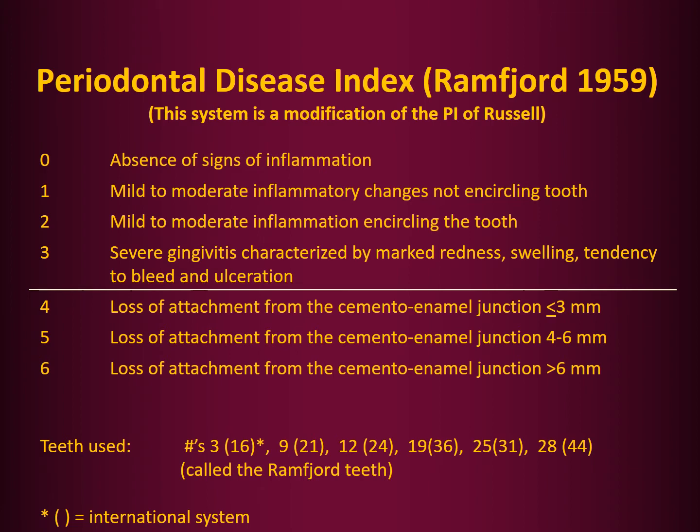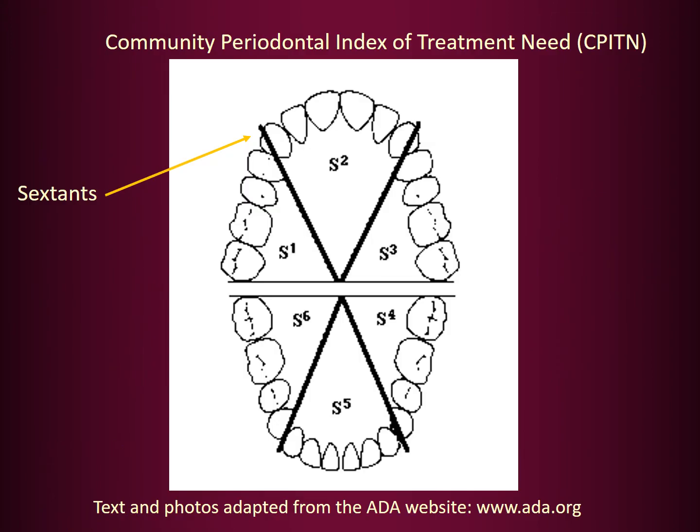And this particular index has been used many, many times over, and the Ramfjord teeth have been used in many surveys over the years, and they have been shown to be relatively good at determining extent and severity of disease, and we'll talk about that. Because it's so difficult to do some of these surveys in the field,